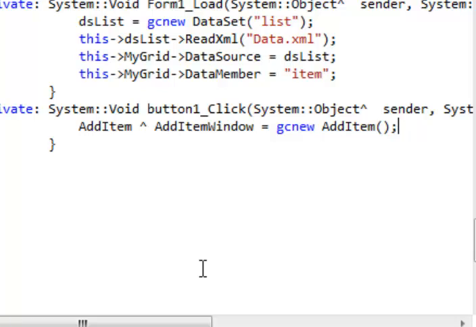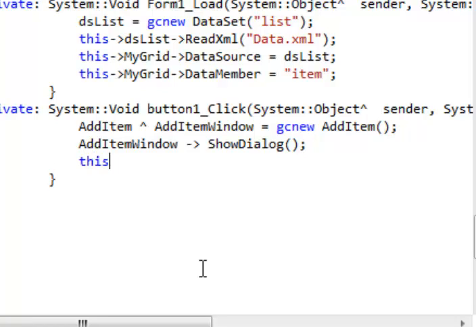Okay, go to the next line. The add item window that we just created, we want to have it show its dialog window, which just means to open up so that we can see it. Okay, so that just simply tells the form to open,